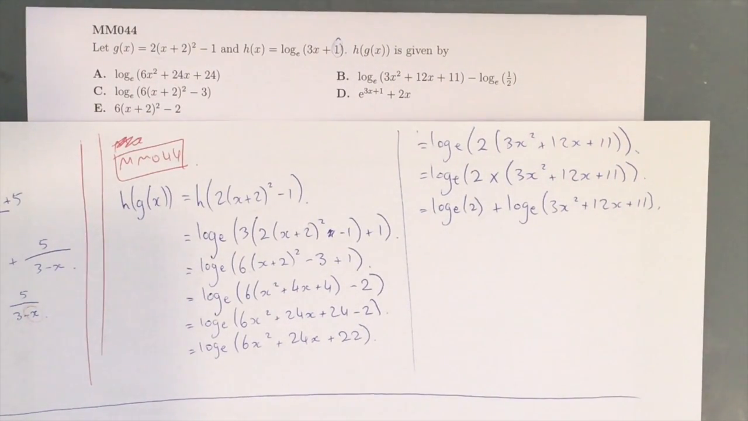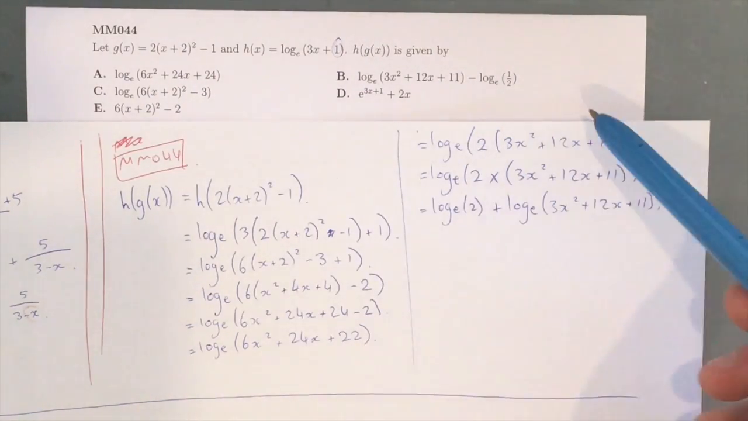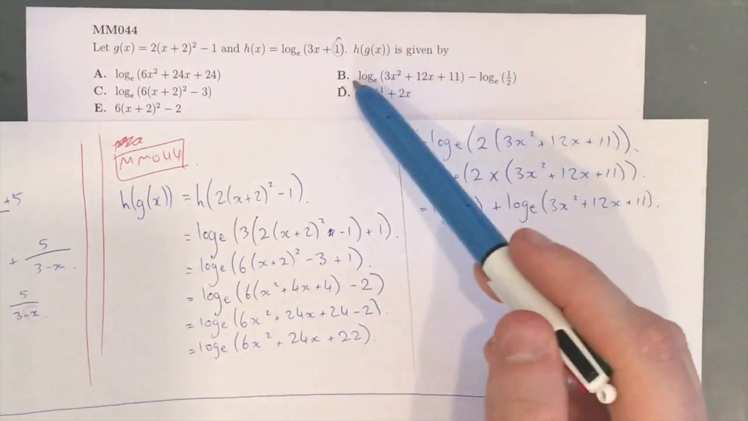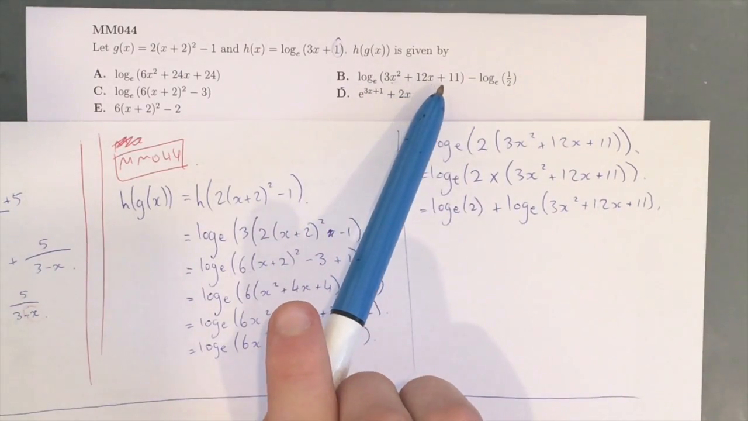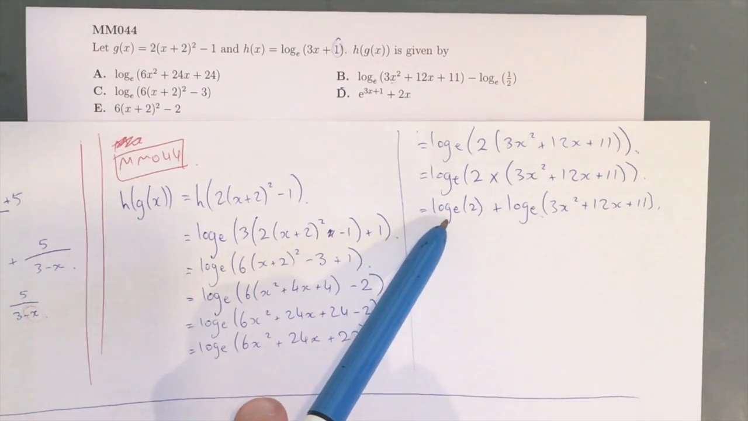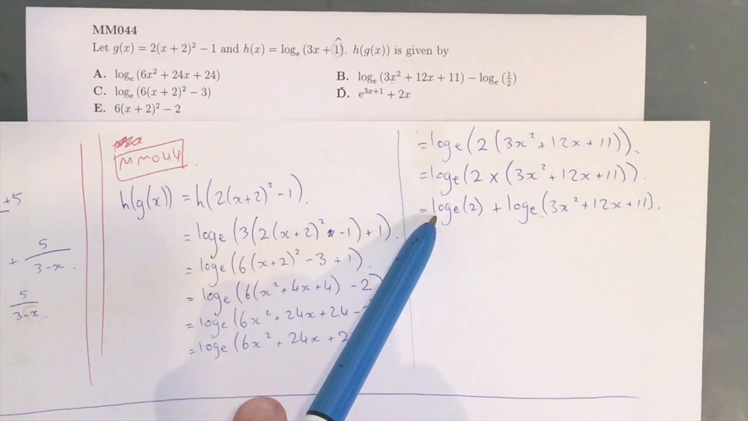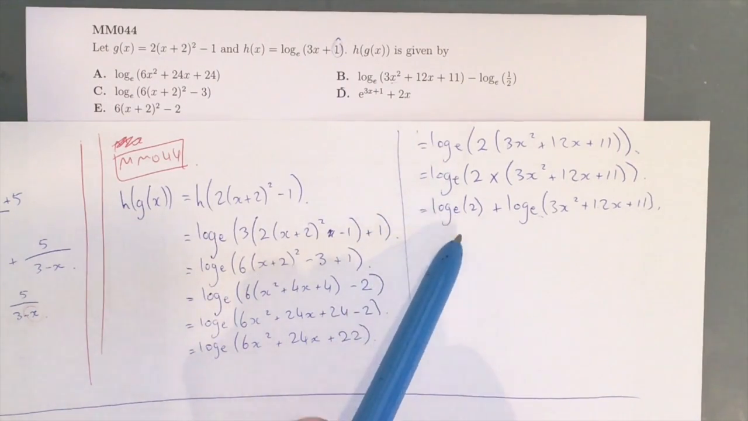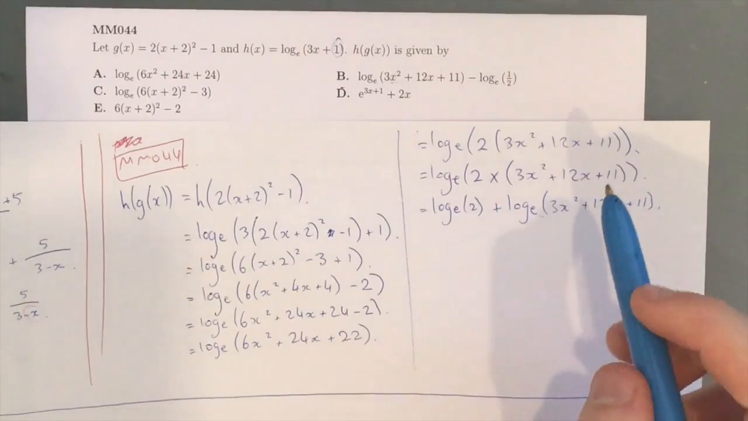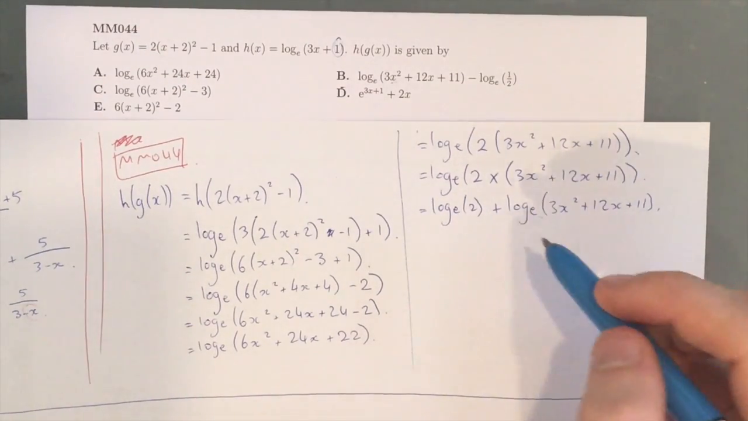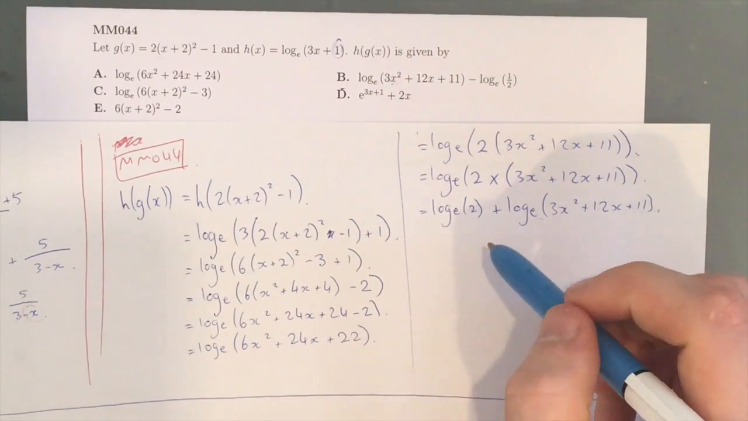Now, I can't actually see an answer that looks like this, but there is one that looks roughly like it. So we've got our 3x squared plus 12x plus 11, which is this section here. But our problem is we've got a positive log e of 2 here. And this is a little bit of a trick answer, or not a trick answer, a trick question,